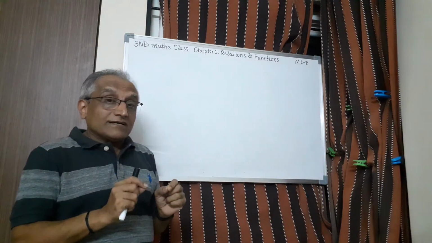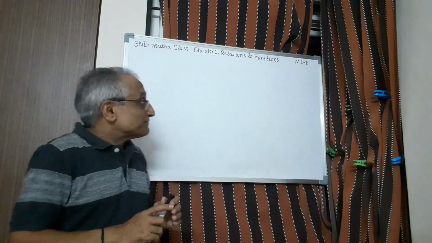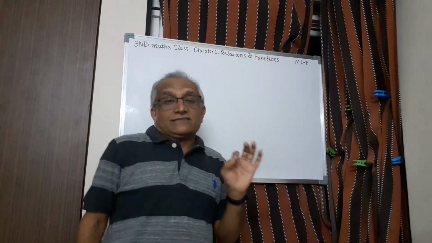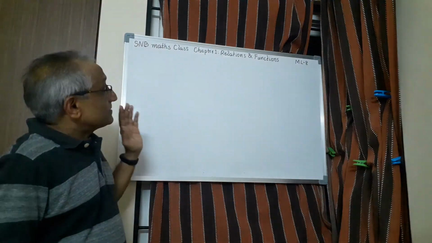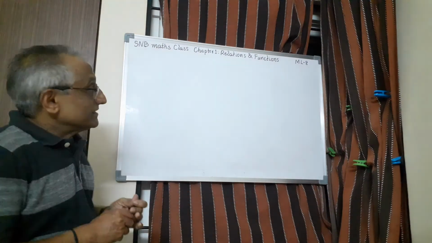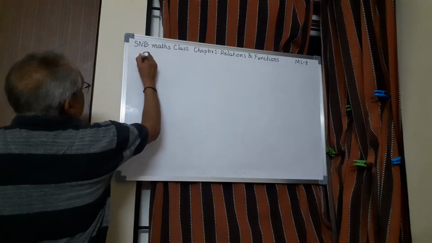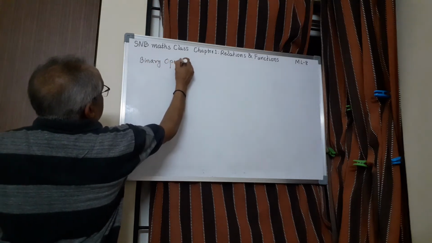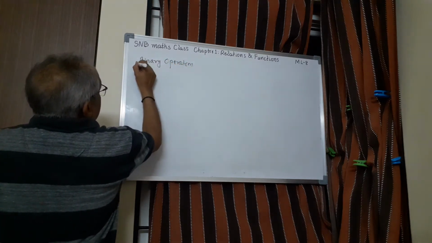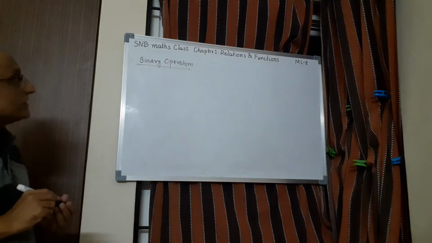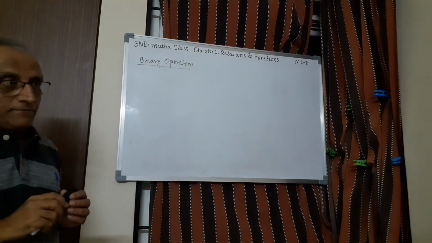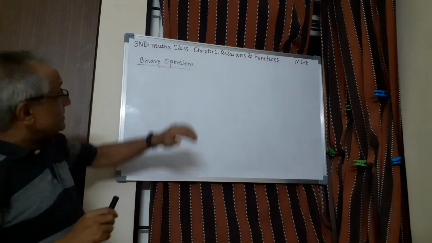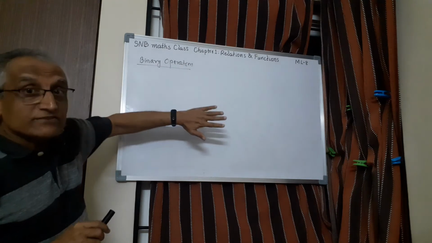So this concept I am telling once again, we are going to use in the next chapter. Now let me go to the last part of the first chapter, relations and functions, that is called binary operation. Before defining, let me just give you an idea what is the meaning of binary operation. Since we have studied function, now it is convenient to define the concept of binary operation using function only.